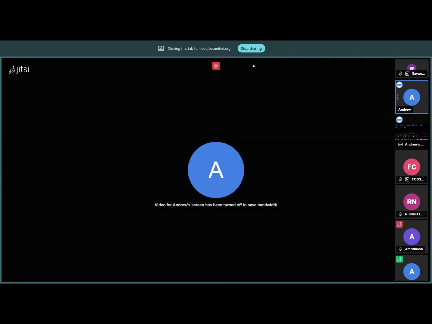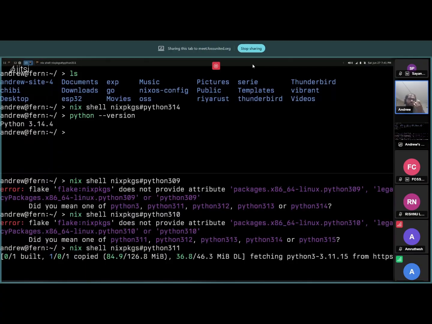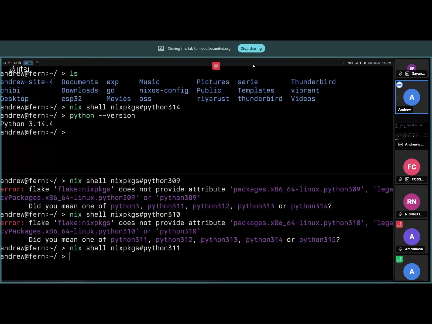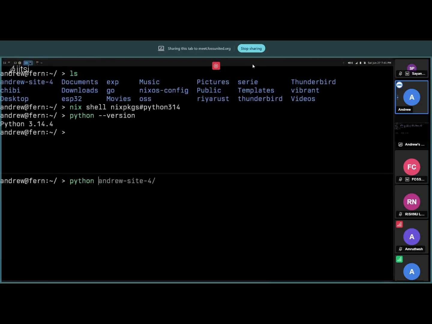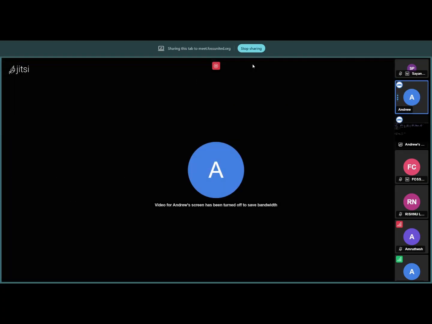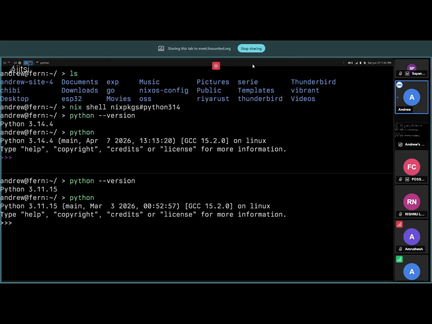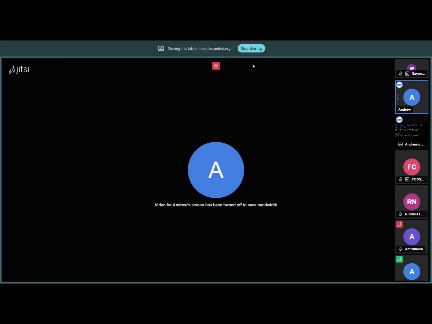And it's going to pull that, and then we can see, it's going to do a run, Python version. It's 3.11. So I can have two versions of Python actually running at the same time in my machine. So this is what I meant by it's not installed. It's not actually installed into my system. Depending on the situation, I can just say that I want Python. Nix will summon Python and give it to me, and it is there. So this is actually really cool.